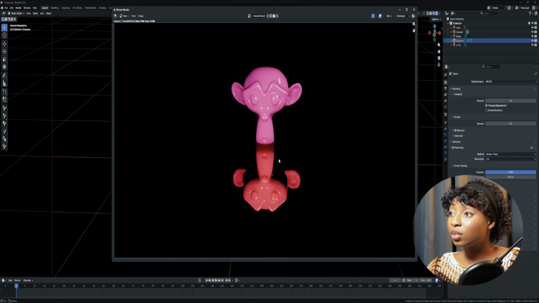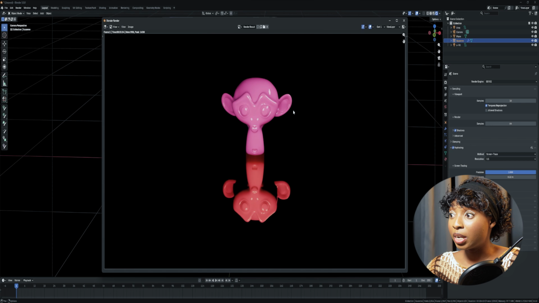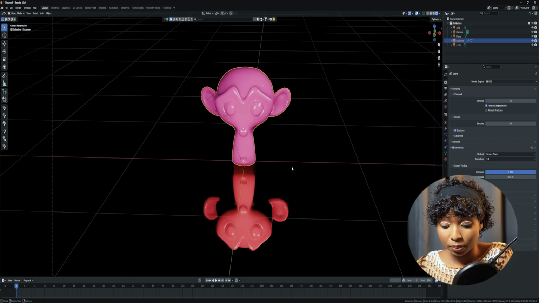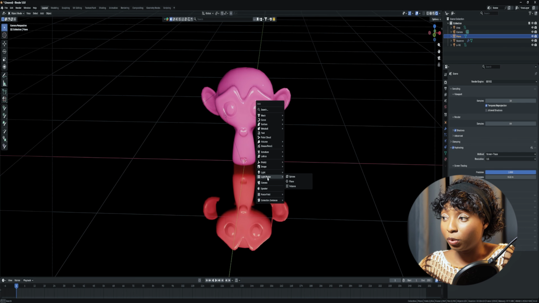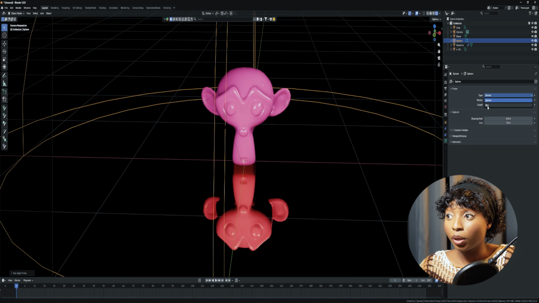To do that, I will have to quickly set up my scene and I will cut to after. Right now we rendered this is what we have, which is the light at the front, light from the side, and there are no rim lights or anything. But with light probe, we can have some light bounce over to that direction, and we will simply add light probe. There's volume, there's plane, the sphere. I'll go with the sphere and I will change it to box